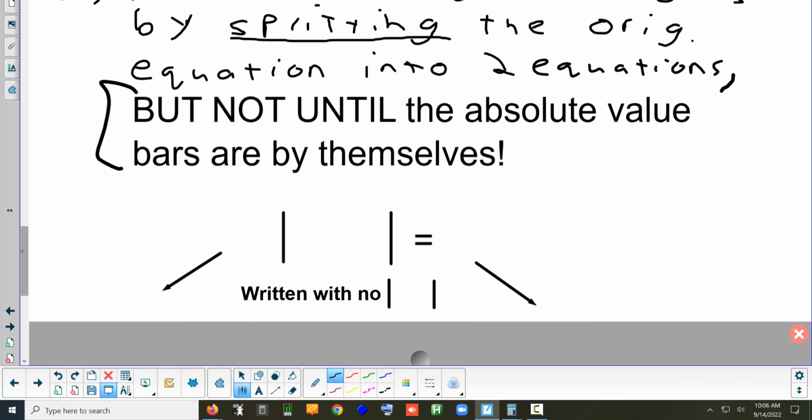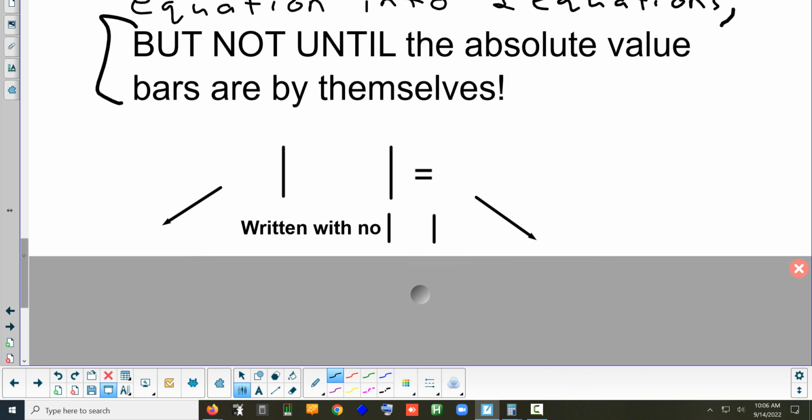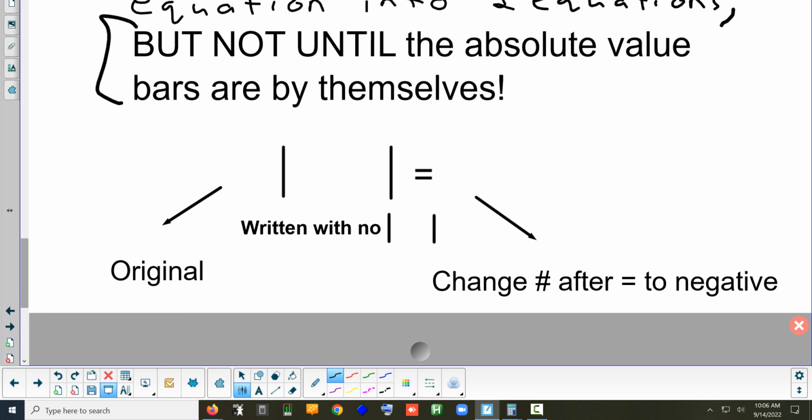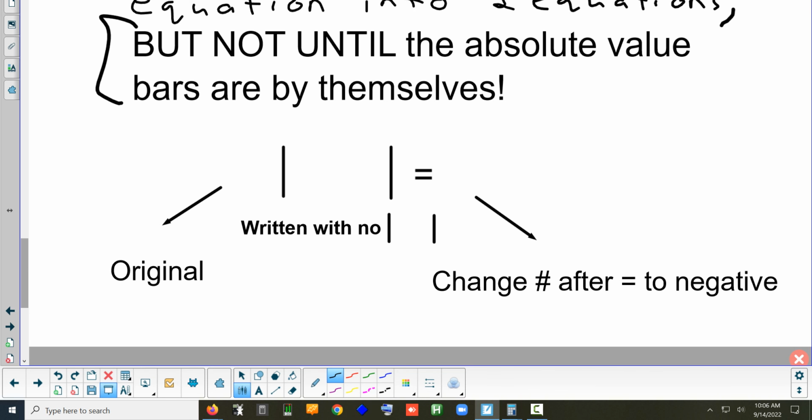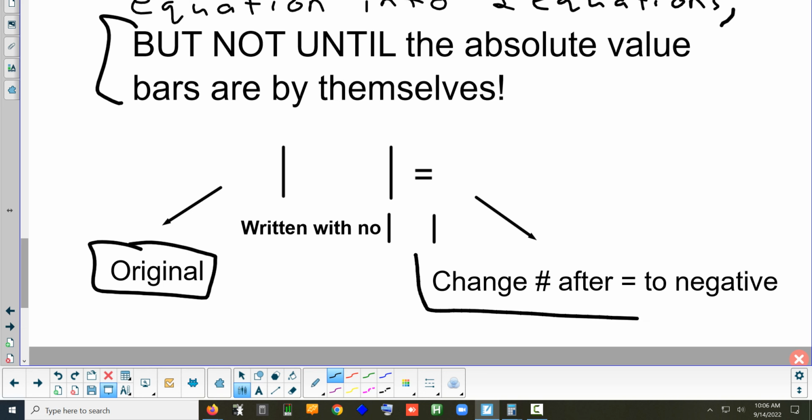So what we're usually going to do when we split it is I'm going to draw 2 arrows, kind of like I'm showing you in that diagram. And I'm going to put one over here, and I'm going to put another one over here. But we have to know how to split it. These are the 2 things you want to write down that I just put boxes around to how we split it. First of all, when we split it up,